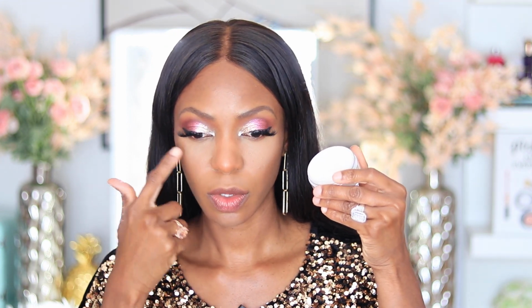I'm going to take the deep beige and just swirl my brush into that, and go over the translucent loose powder. So I'm going to put a little bit of that over the setting powder. I went over with the Silky Setting Powder to set the under eye concealer, and the shade I used was the light medium beige. And then I took the deep beige and set all over the rest of my face. And then I went over the light medium beige under the eye with the translucent loose powder just to brighten up